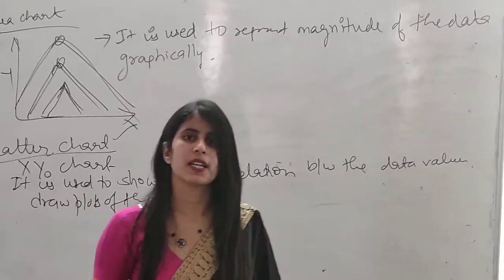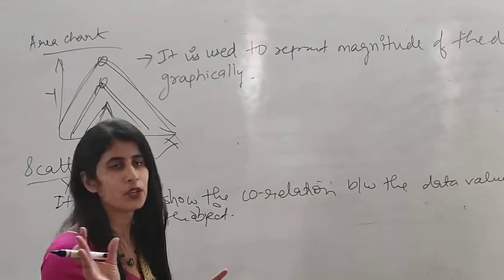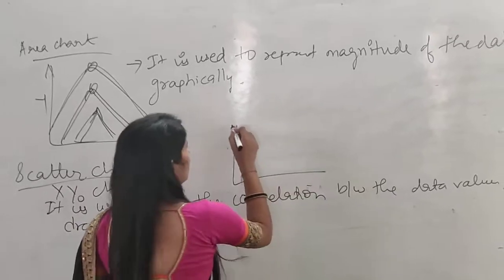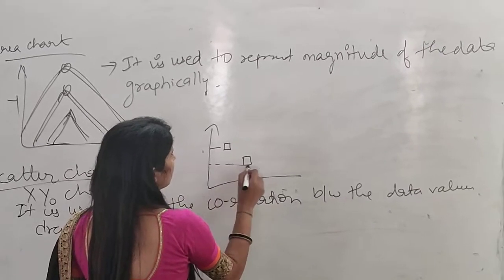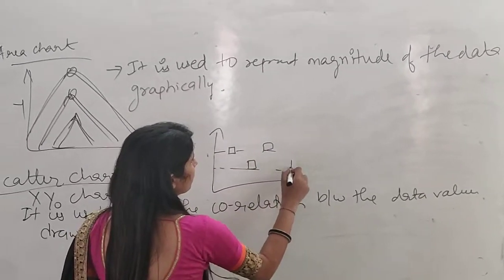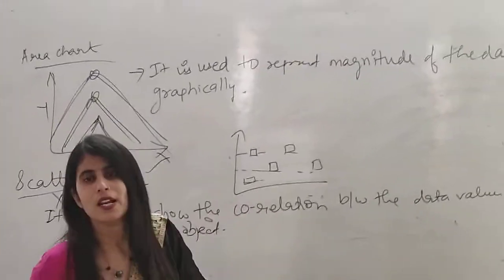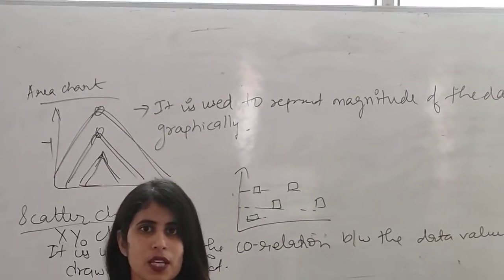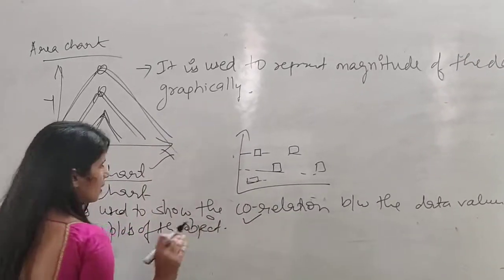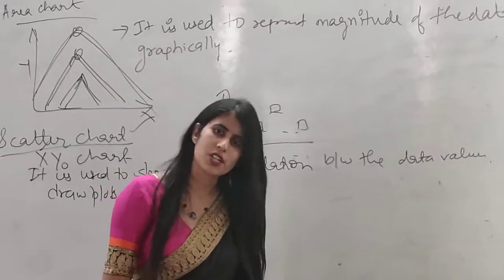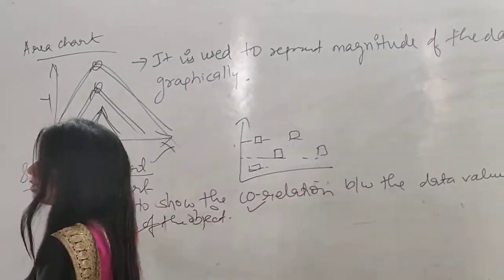Okay, scatter chart, how can we display it? To display the scatter chart we use a few dots. And what are these dots? To locate data, we use these kinds of dots. These are the grid lines. These connecting dots are used to display the data values. And this was all about the scatter chart. Other charts are also there, such as the donut chart and surface chart, but here we are studying only these charts.